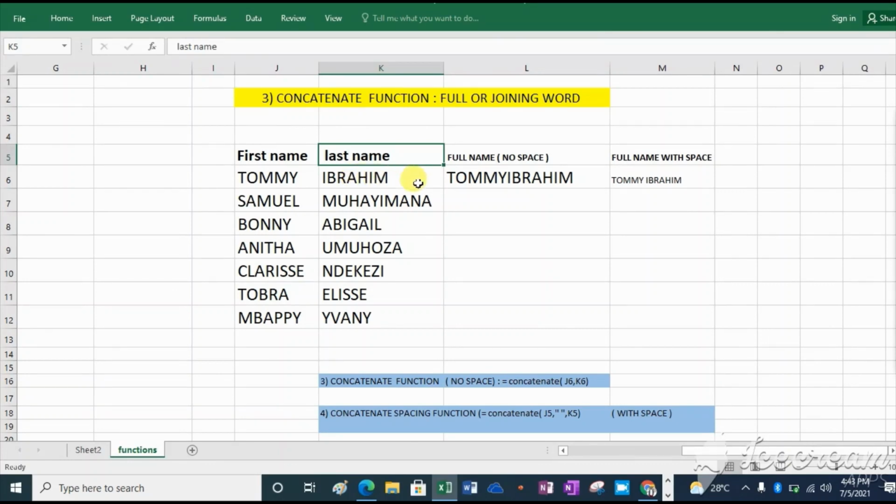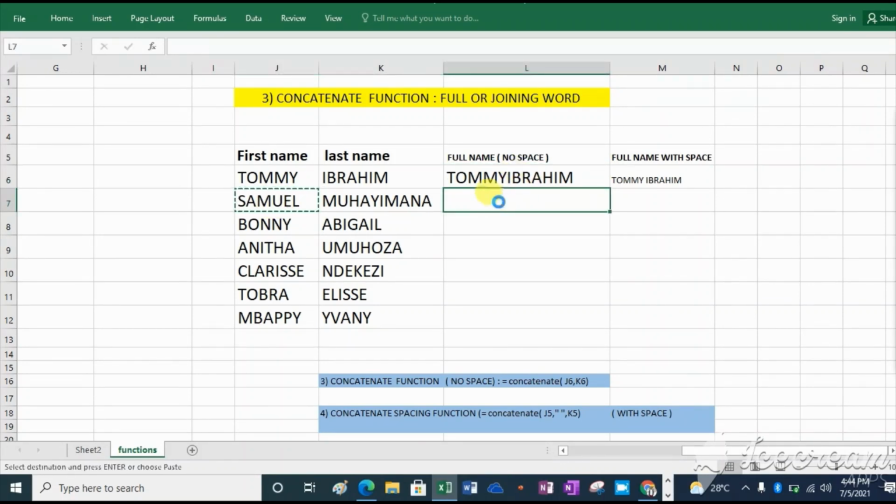A full name with no space, like this one. So you will need a formula to join these. For example, you copy, then you paste. Then also here you copy, then paste here. Does it work? No. If you copy and paste, it can't work.